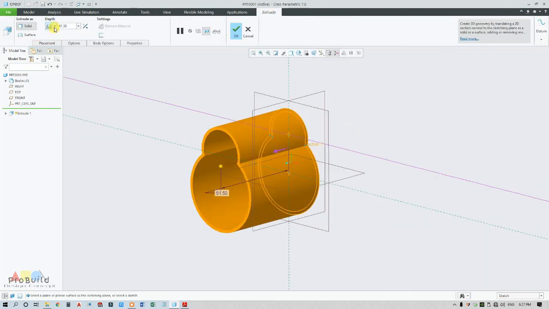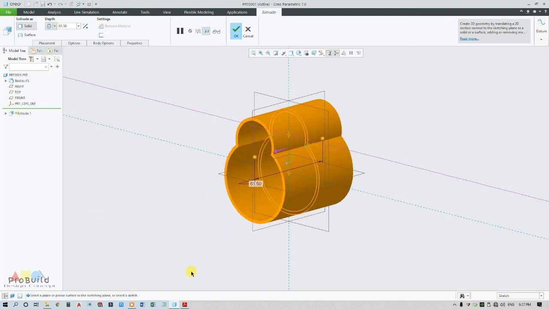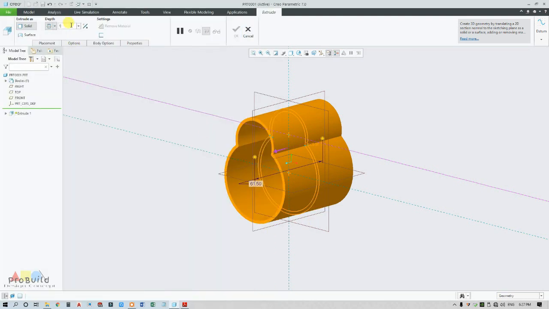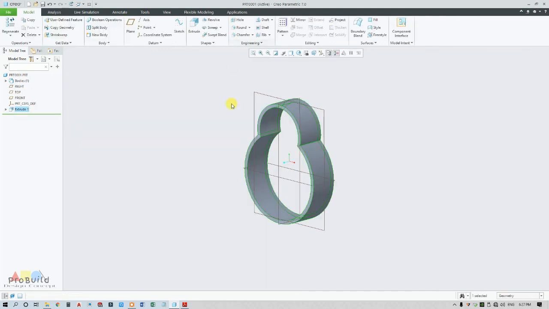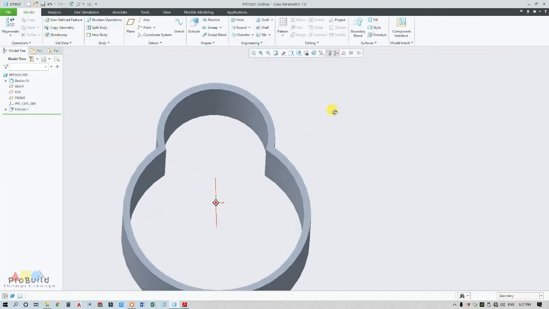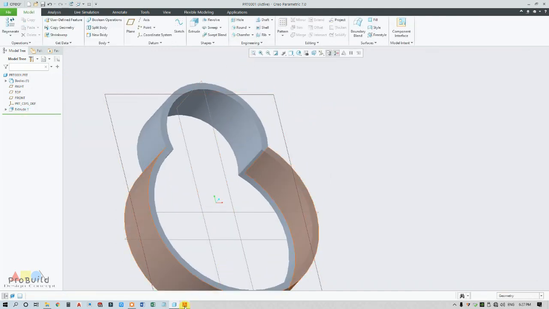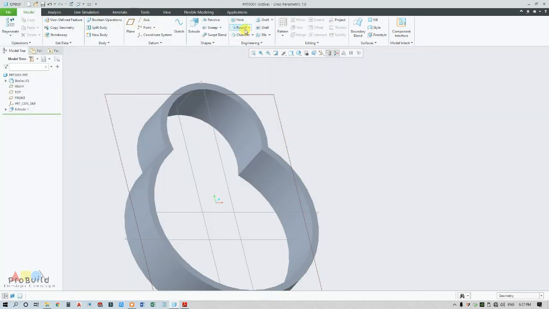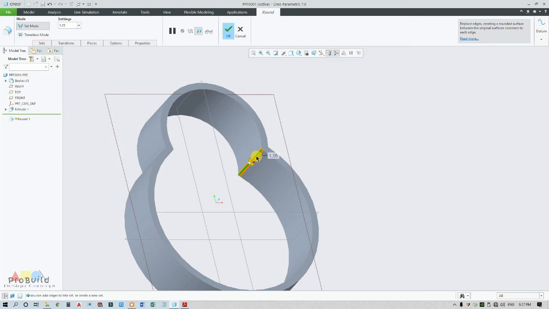actually by default it is blind, so change to symmetric, and my thickness will be around 20, just subtracting the thickness on either side. 2 plus 2 is 4, so 20 minus 4 is 16. I'm marking here 16. Now here the round value is R4 on either side. Go for round, just place this edge, change to 4,